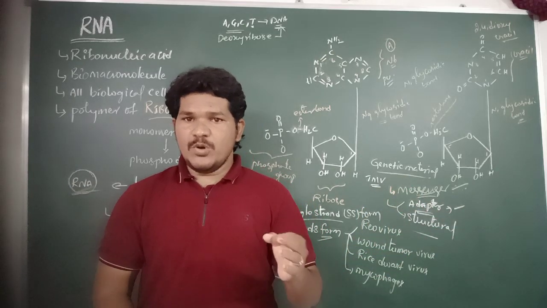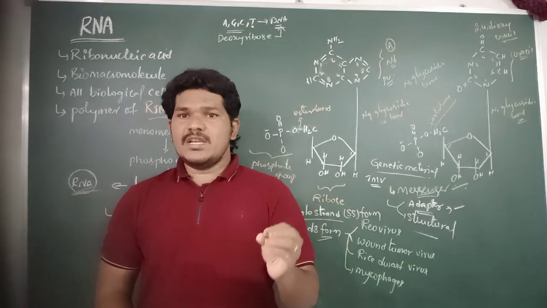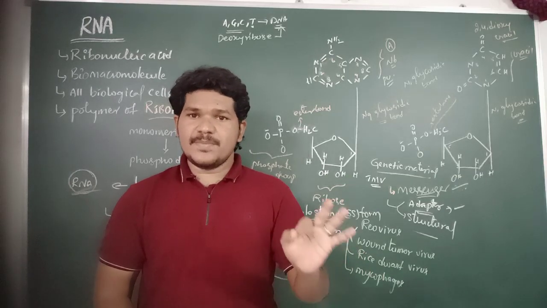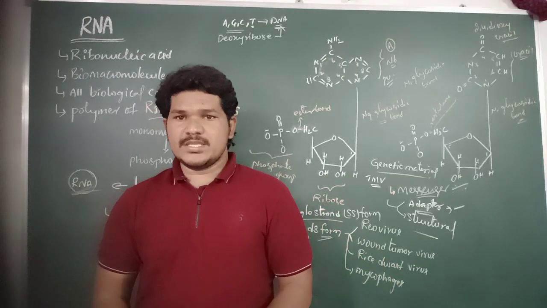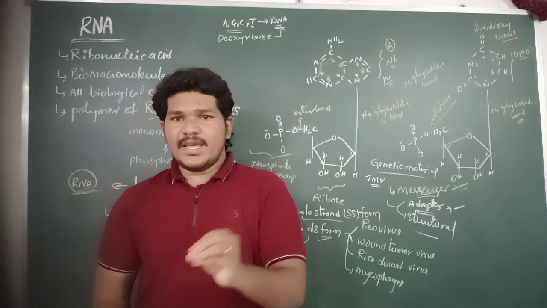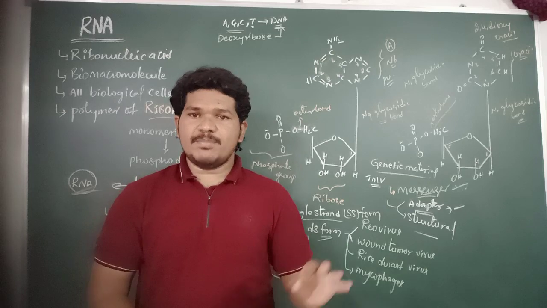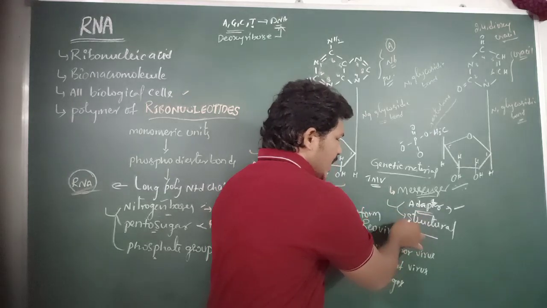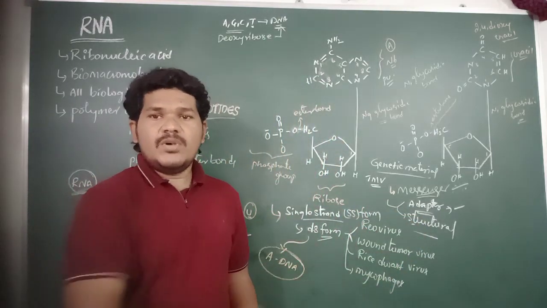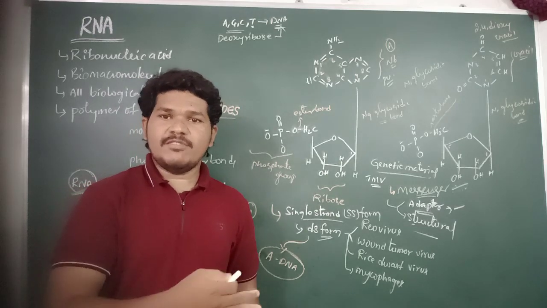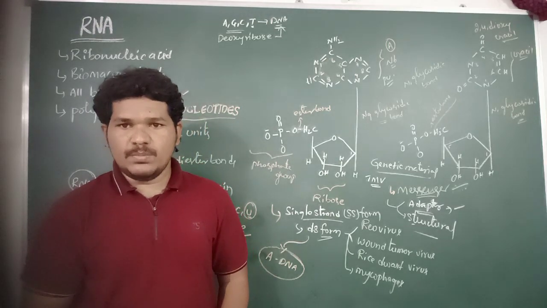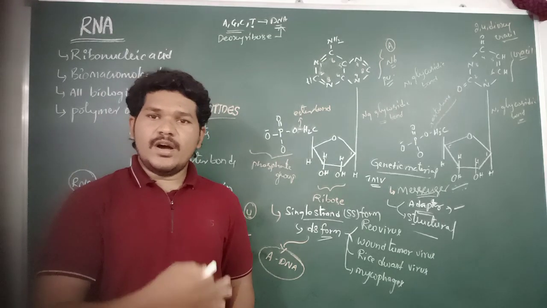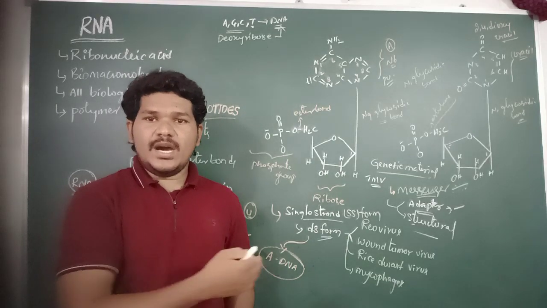We know very well the ribosome is a membraneless cellular organelle which is present in all types of cells. It is mainly made up of RNA and proteins. There is 60% RNA and 40% proteins in the structure of the ribosome. So the RNA molecule also acts as a structural molecule, responsible for the formation of the ribosome structure. We will discuss the formation of the ribosome structure later when we discuss the rRNA molecule.